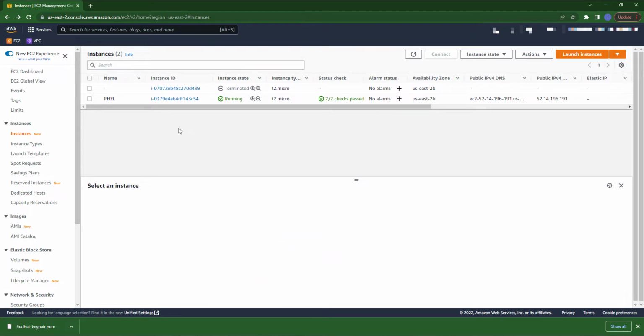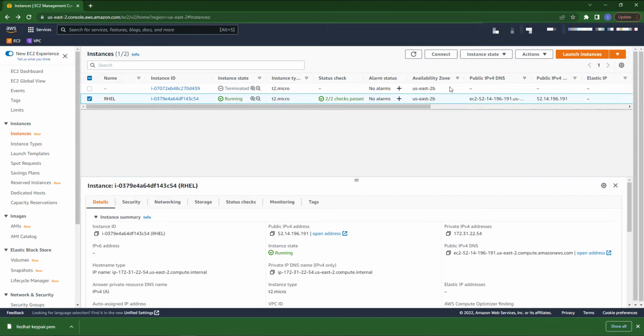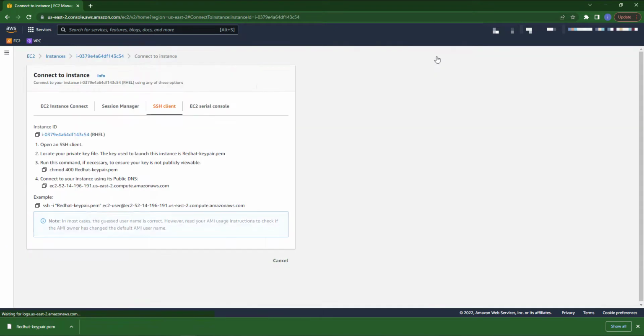So now we will connect it with the SSH client. Just select your instance and click on connect,